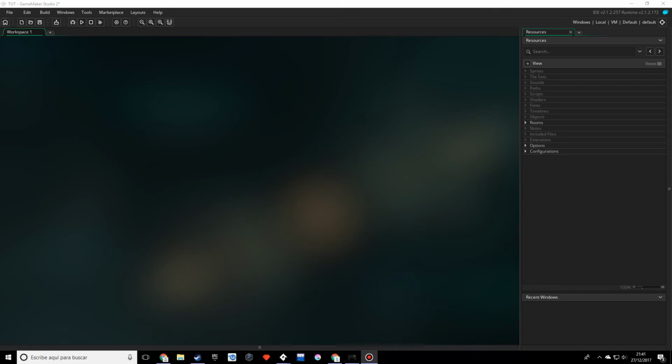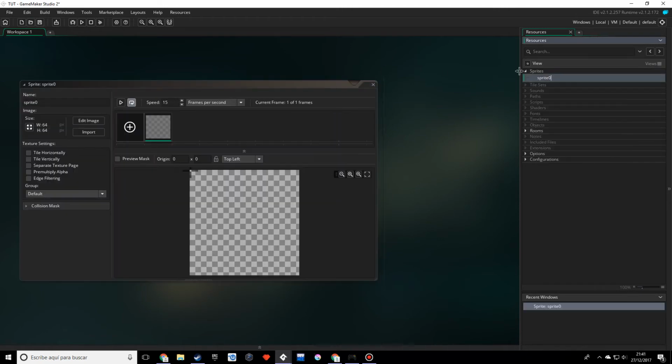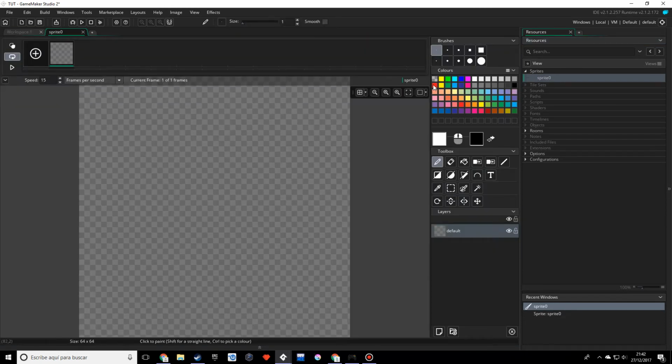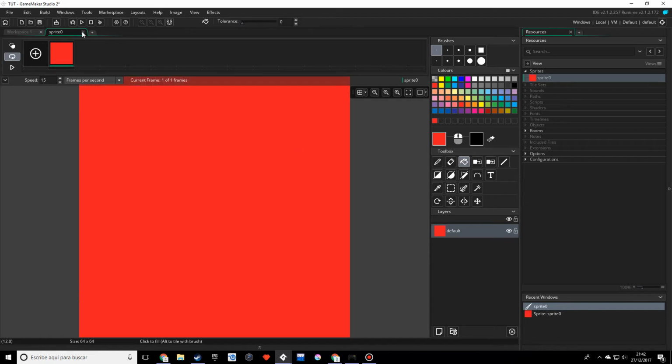Hello, my name is Robert, and in this tutorial I'm going to show you how to do a top-down moving system with collisions so you can make your own games. So the first thing I'm going to do is create a sprite. It's going to just be a square, it doesn't really matter. You can use a character or something, but for the sake of this tutorial I'll just use a square,